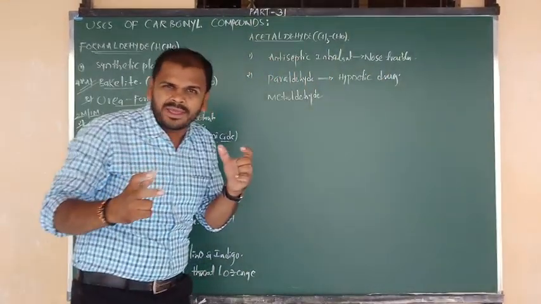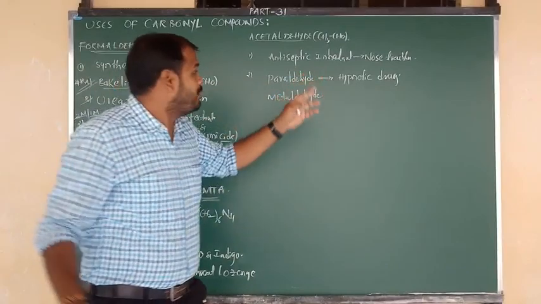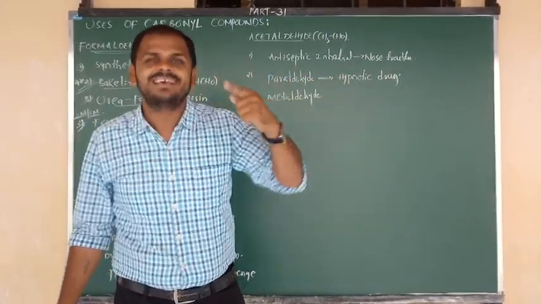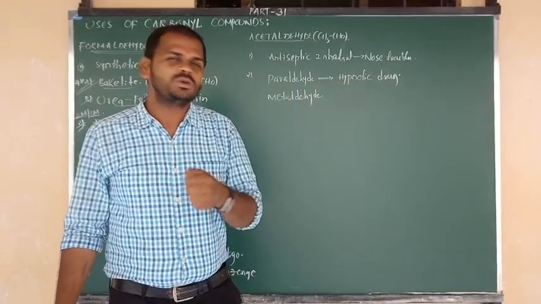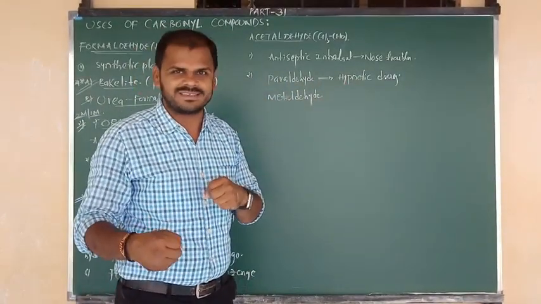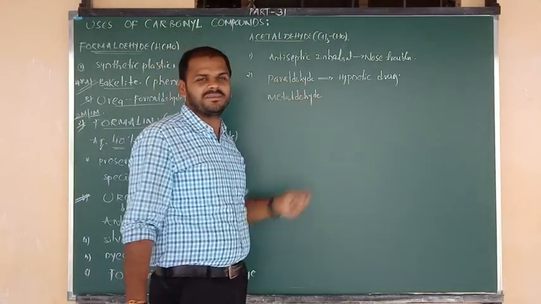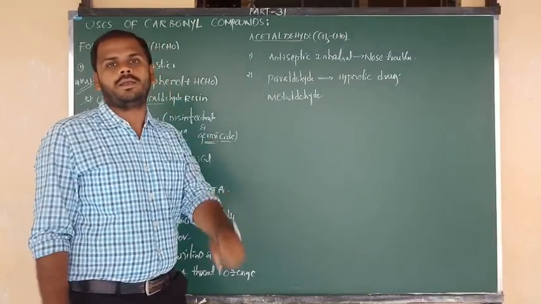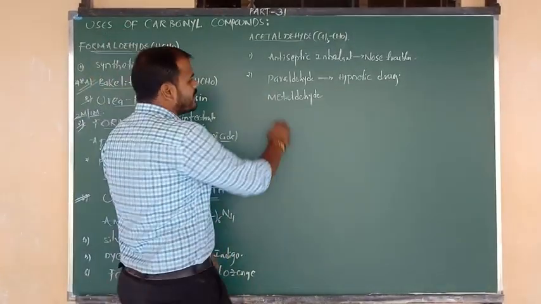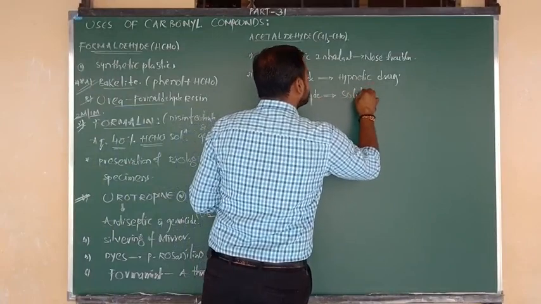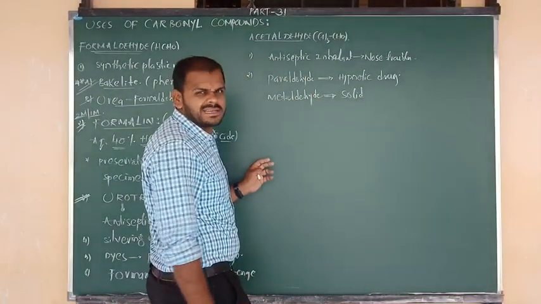What is meant by hypnotic? Sleep producers, which means they show their action on the CNS, central nervous system. So due to this reason, hypnotic means sleep producers. That medicine, what can we use for it, beta? Formaldehyde. That formaldehyde was prepared from acetaldehyde. Okay, and one more is metaldehyde. Yes, it is also one type of chemical substance, but it is somewhat dangerous in nature.